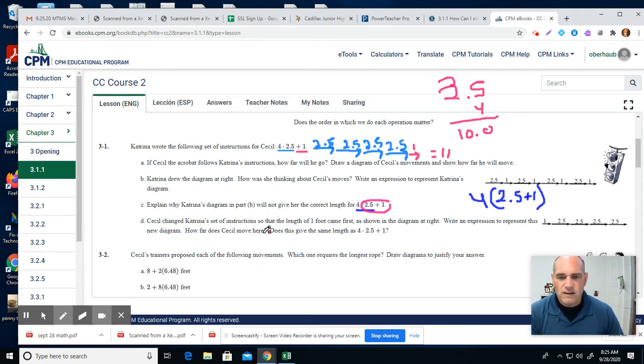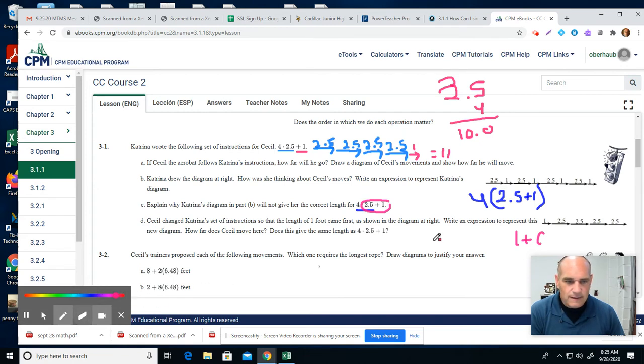Cecil changed her set of instructions so the length of 1 foot came first, as shown in the diagram below. Write an expression to represent this new diagram. How far does Cecil move? Does this give us the 4 times 2.5 plus 1? Well, let's see, it wants me to write a new expression. So this one, we start by moving to the right 1, and then it has me do